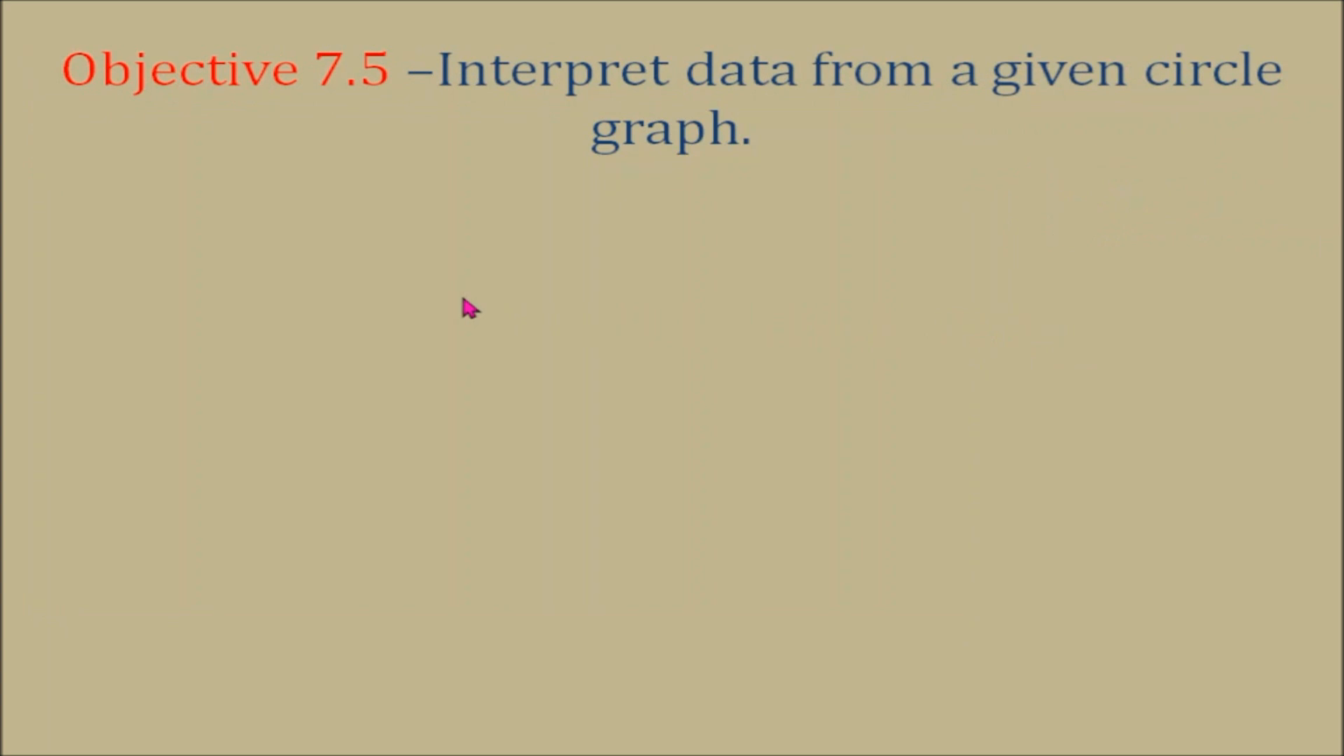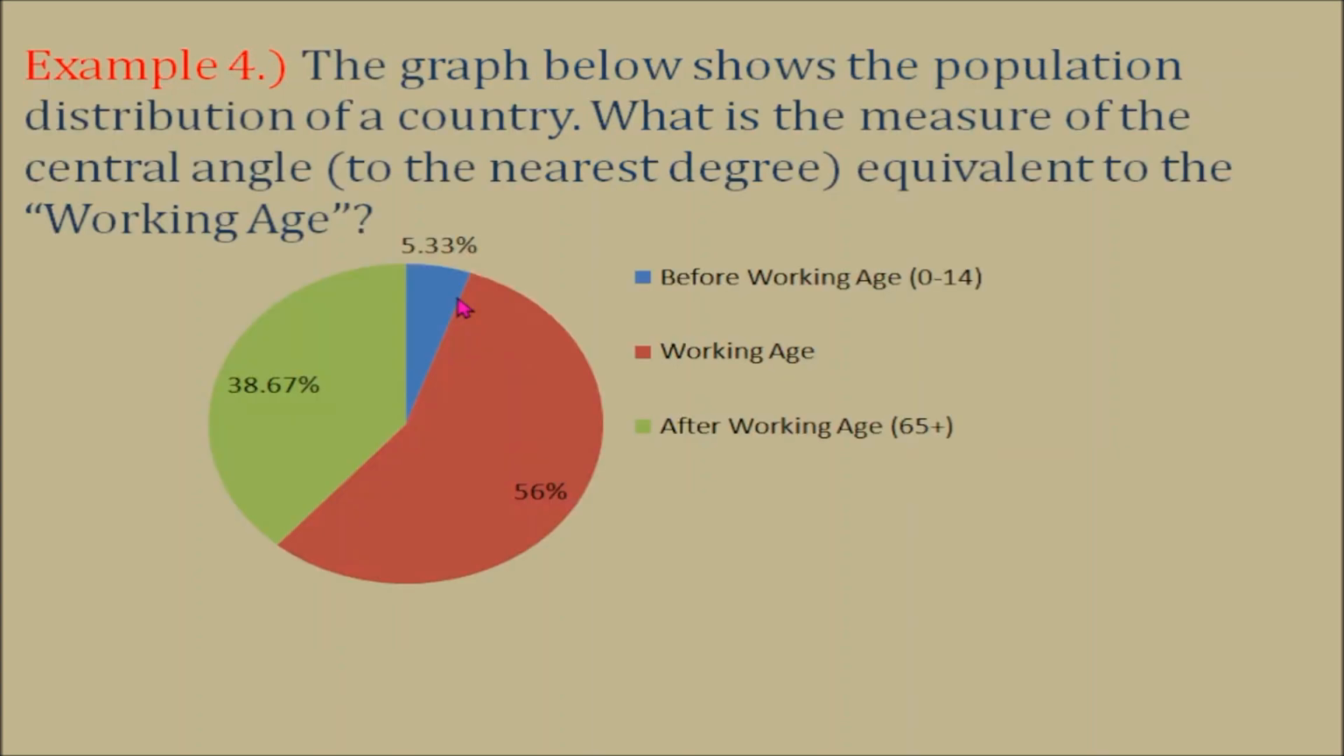Objective number 5. Interpret data from a given circle graph. Example number 4. The graph below shows the population distribution of a country. What is the measure of the central angle to the nearest degree equivalent to the working age? So we have here, for the working age, it's 56%. So that means we are going to multiply